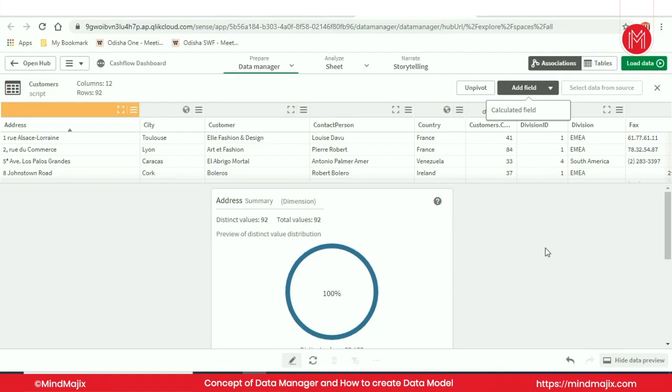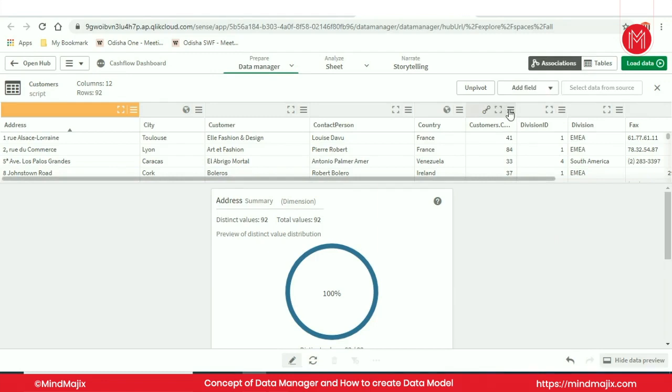This concept was not there in QlikView. Everything we were doing was based on coding, right? But here everything is also available in the GUI, graphical user interface, as well as we have the option to deal with the code. So suppose customer ID, I'll just change the sequence. I'll bring this to the first column right here.